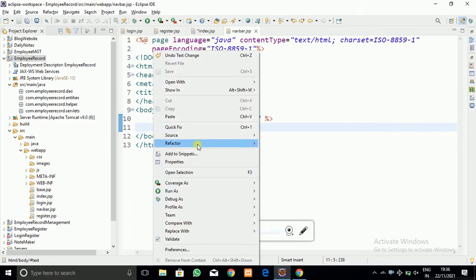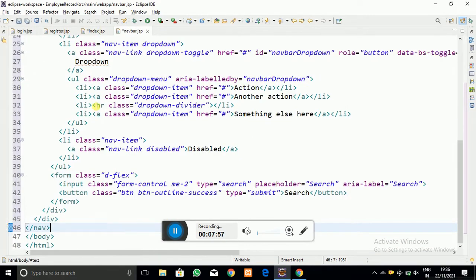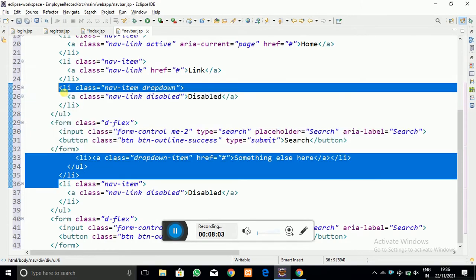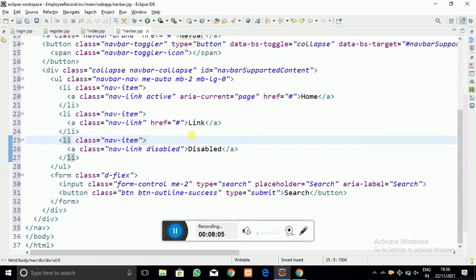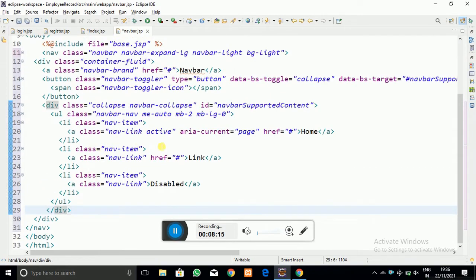Now my work is only to modify something or change the link names. I don't require this dropdown menu, and I also don't require this disabled link, and there is a form which I also don't require. According to my requirement, I am going to change that.